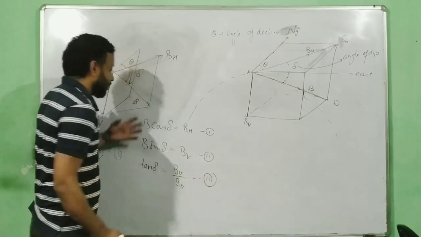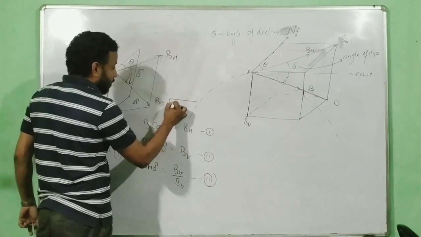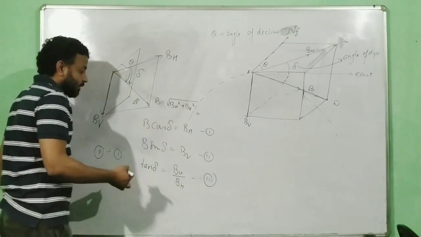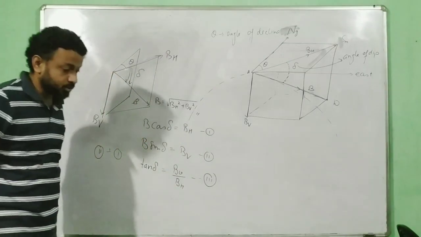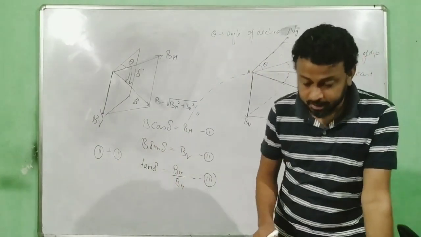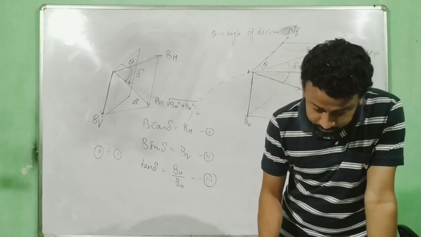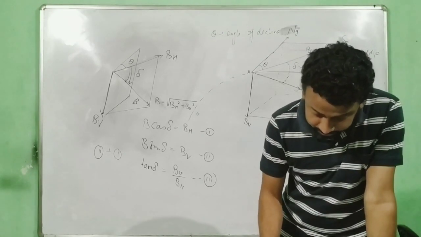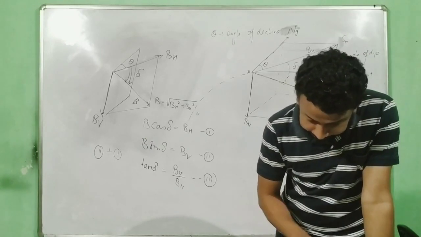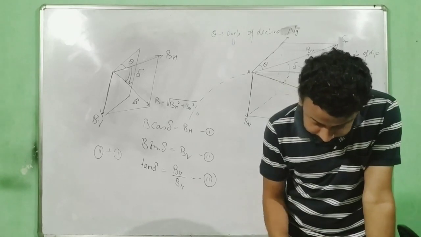One more is there. How will you find the resultant? The resultant will be equal to the square root of horizontal component squared plus vertical component squared. These are the formulas which we use to get the required answer, or for the types of numericals which the board generally asks in the exam. So for example, if I consider one question from here, so that you can get an idea of how the question looks.